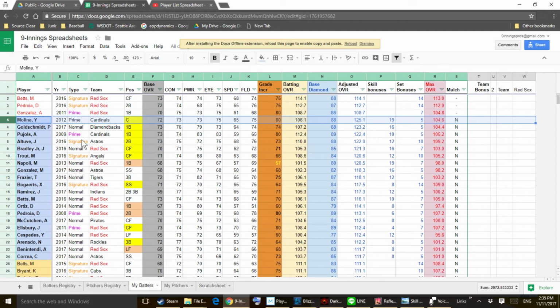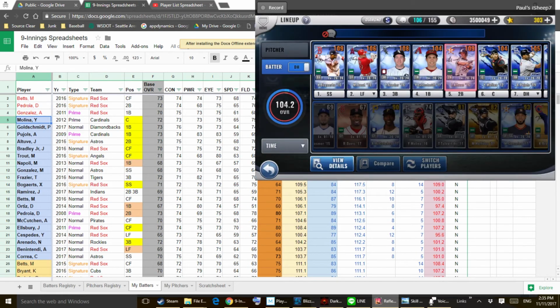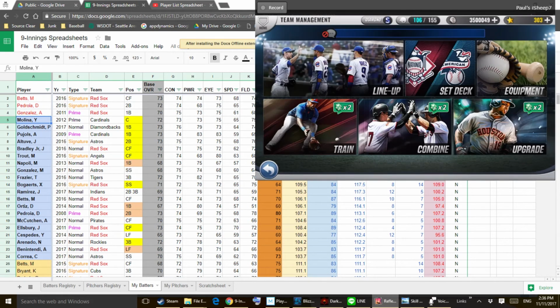So basically what it says is the top 9 position players are the ones that I'm going to want to be starting in my roster, based on how I value the skills they have, and factoring that into their OVR. These are the players I should be focusing on. Now, this is where it gets interesting. Let's take a look at how effective this is and whether or not this is a valid system for evaluating things. So jumping back over into the game,